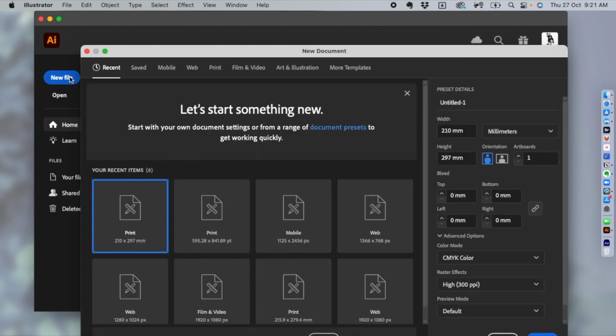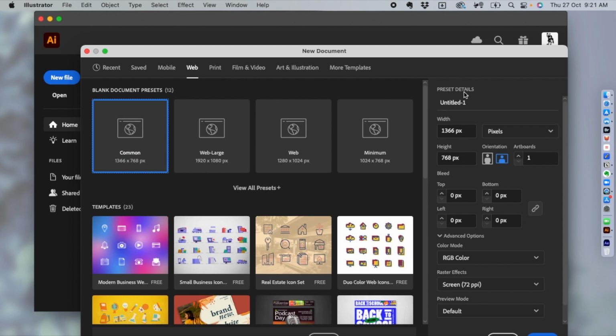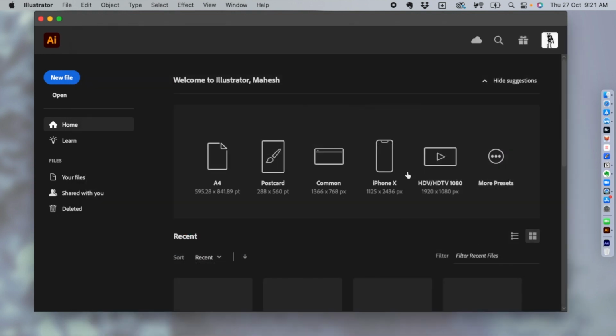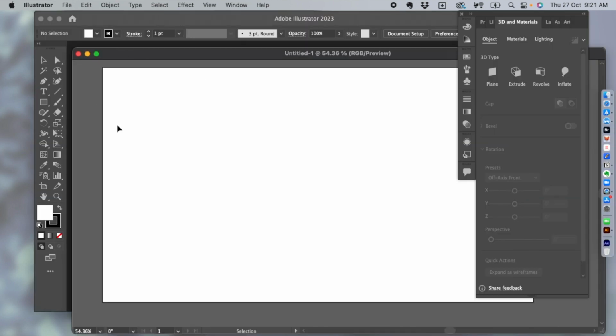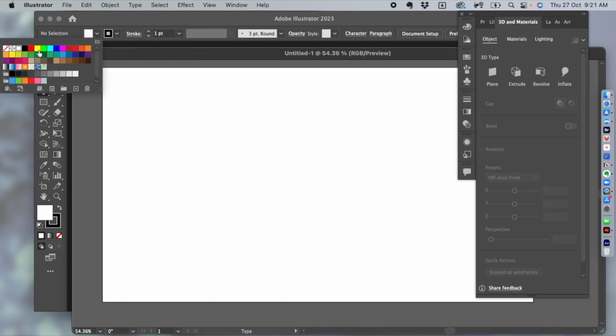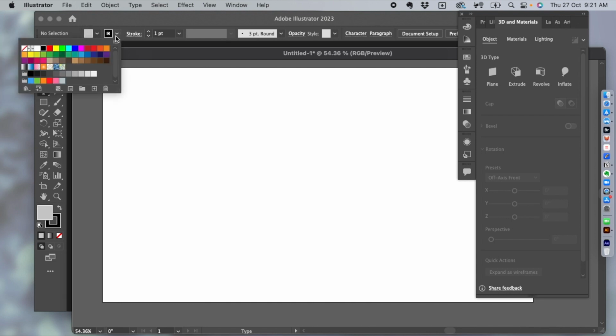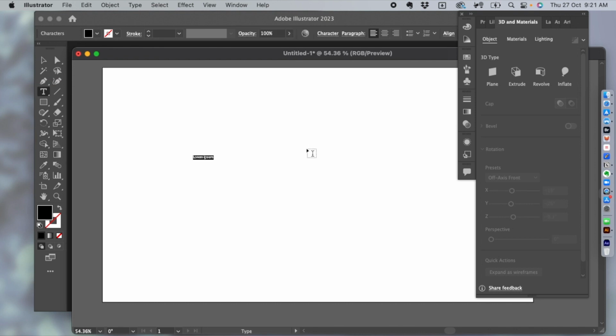So we'll create a new file, and let's go with a web common. This is fine. So let's create a document. What we can do here is create a type effect, and I want to take it to Photoshop and edit that there. So I'll select a text, change the color to, I think, yeah, this is fine. And I don't need a stroke. So let's type something in, and I'm going to type G,